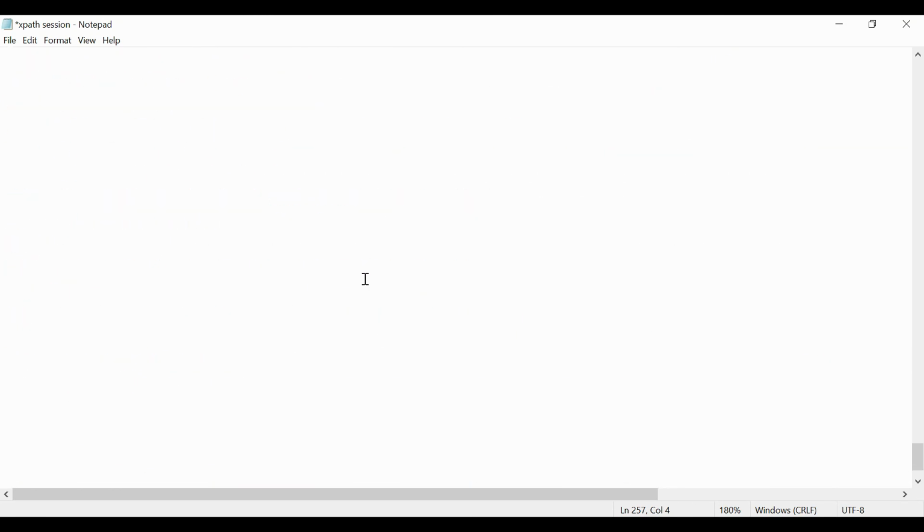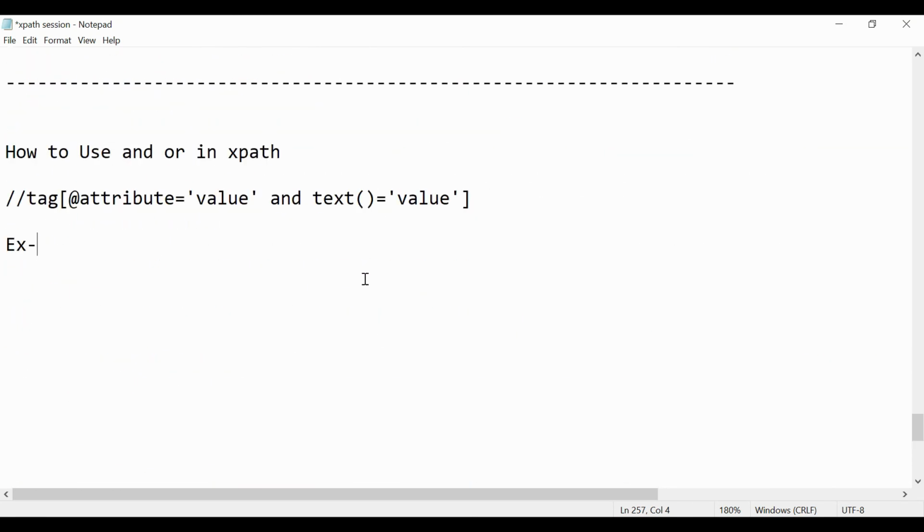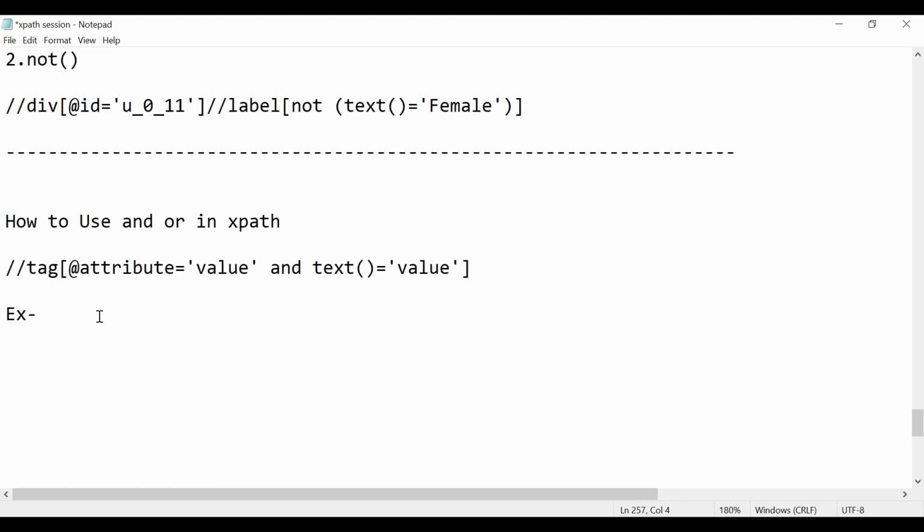That's why I take this at the end. So all the functions will support AND and OR. Okay, so this is just an example.